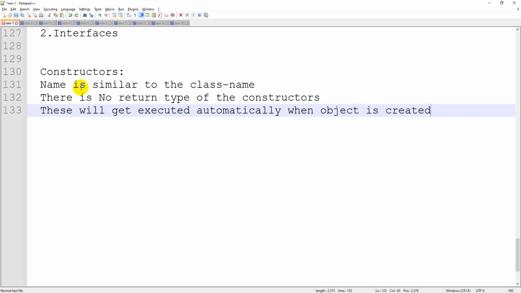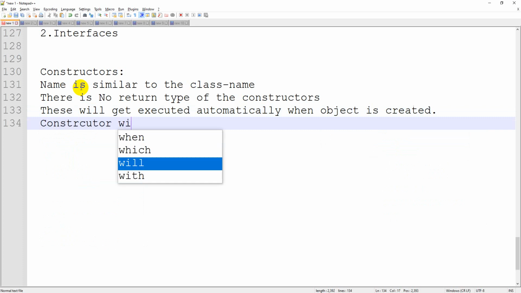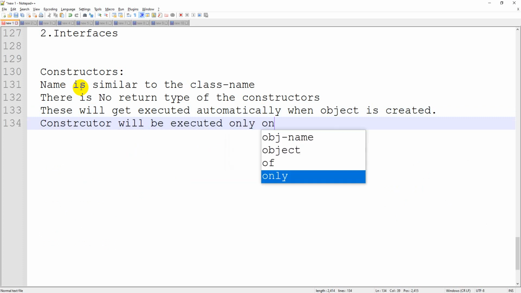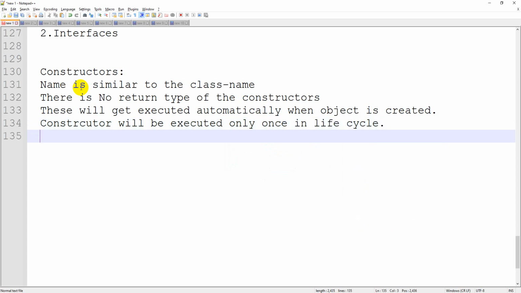When you create an object, at that time automatically the constructor will get executed. A constructor will be executed only once in its life cycle. So whenever you create an object, only at that time this constructor will get executed. After that, if you want to call it like a normal method, it is not possible, guys.